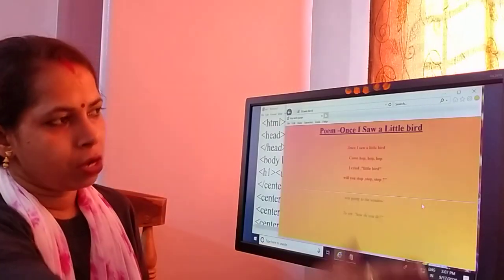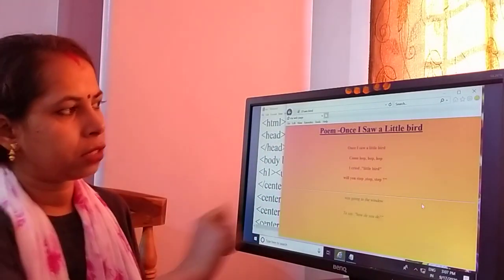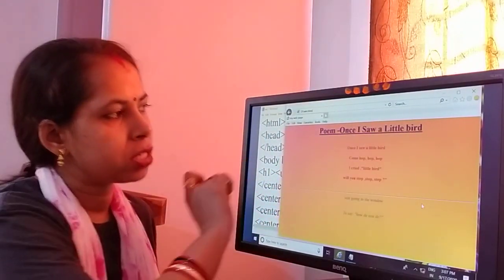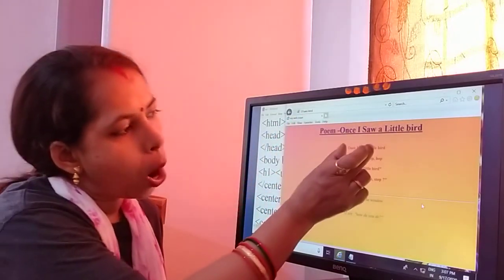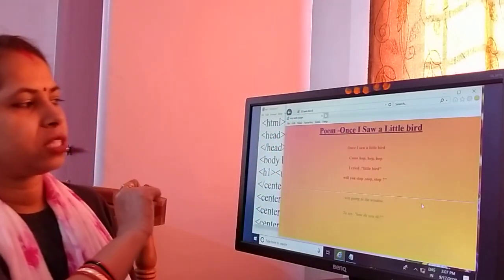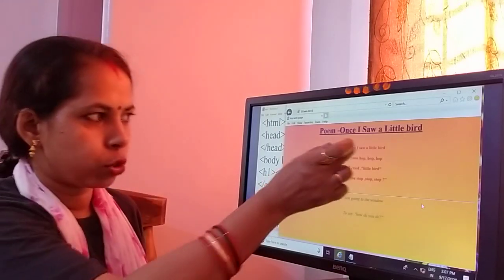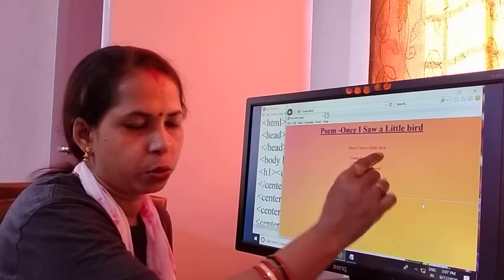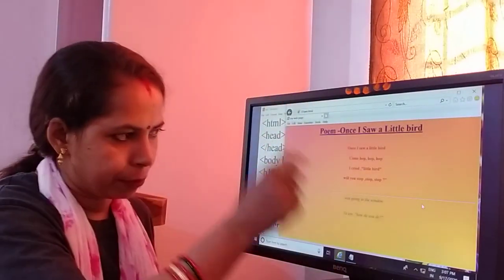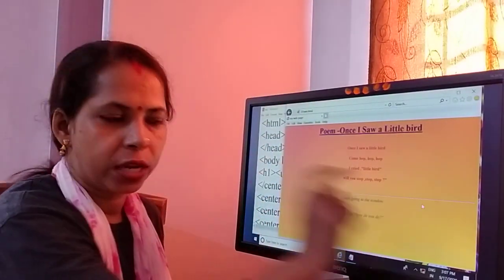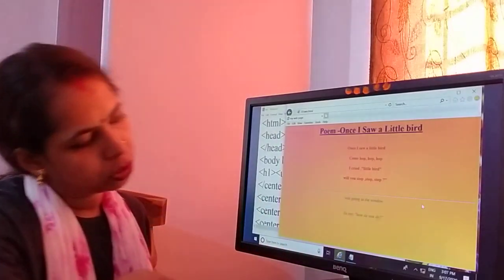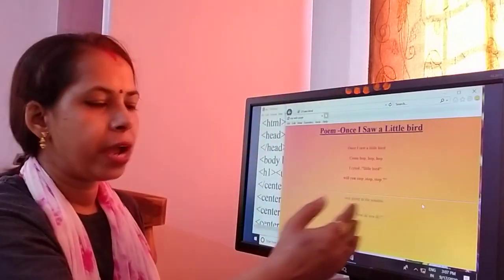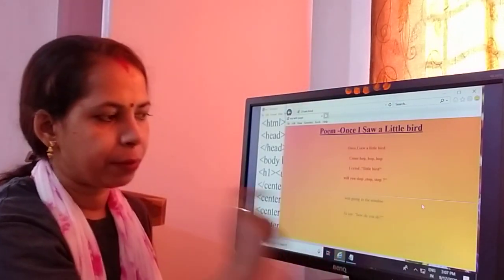See everyone, the background is orange color, our poem heading appears in center and in black words because it is an H1 tag. All lines appear one by one because we used the BR tag and center tag also. All are coming in center alignment. And this one is the HR horizontal line, and these lines are also coming after the horizontal line because we put them before the HR tag. And then that line is coming in green color.